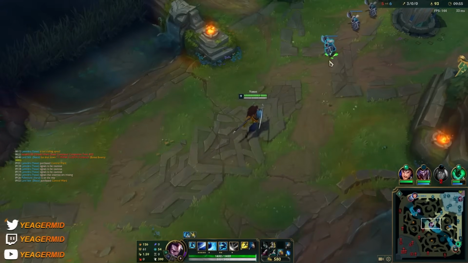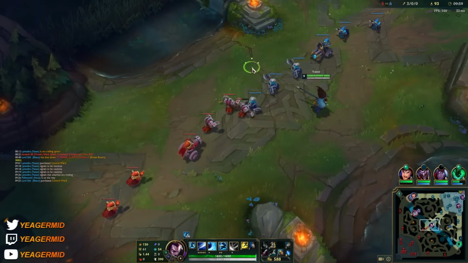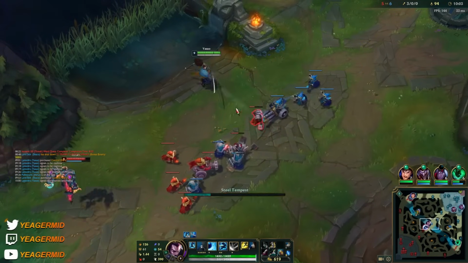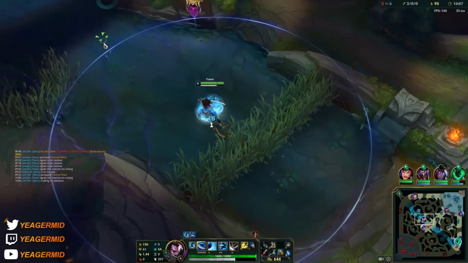But also don't just spam your E on all the minions, it's such a big mistake. Because if you're getting ganked, you don't have any mobility to escape with. I'm gonna see if I can stop this guy from